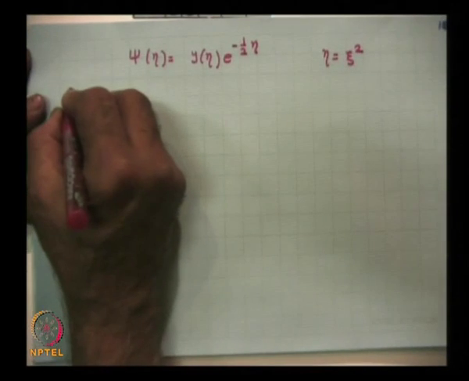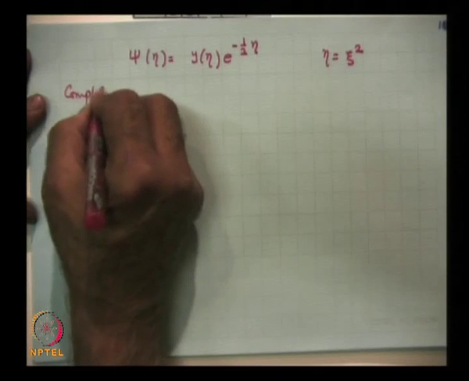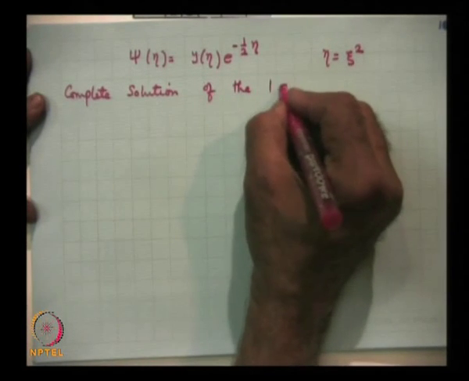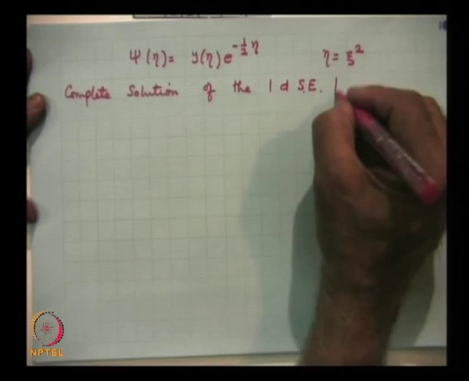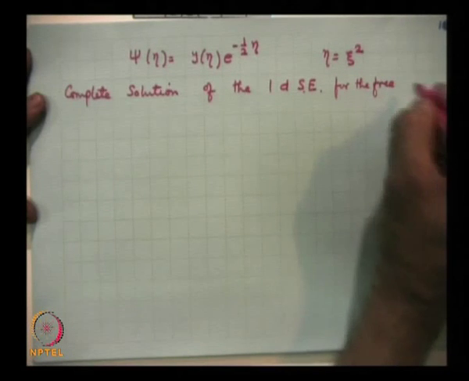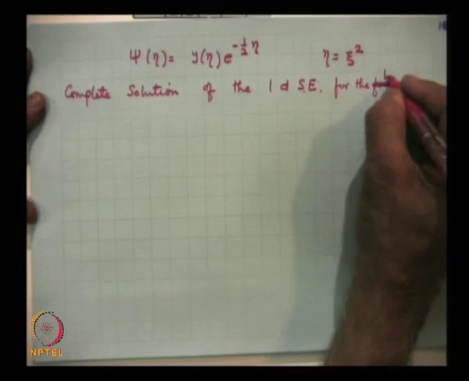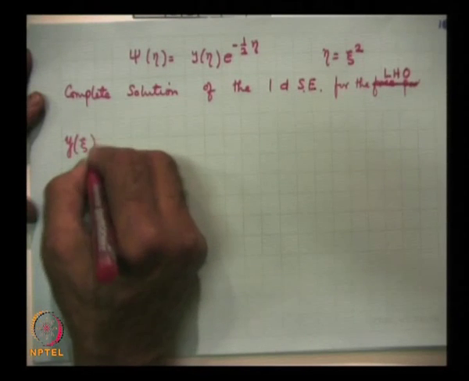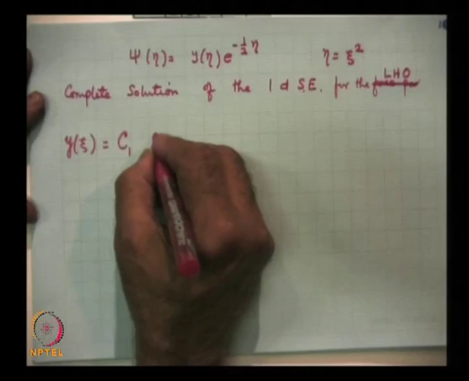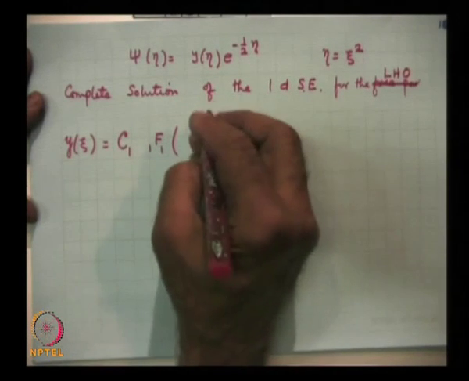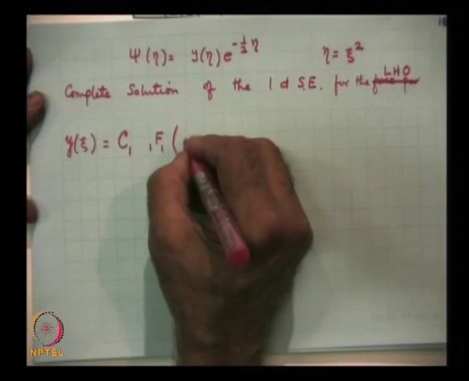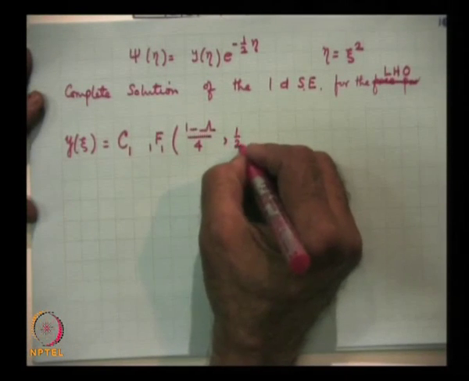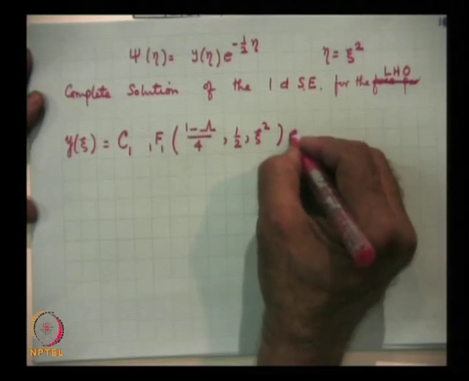So, the complete solution of the one dimensional Schrodinger equation for the linear harmonic oscillator will be y of xi, please see this, some constant c1 F11 a, as we said, 1 minus lambda by 4 comma half comma xi square e to the power of minus half xi square